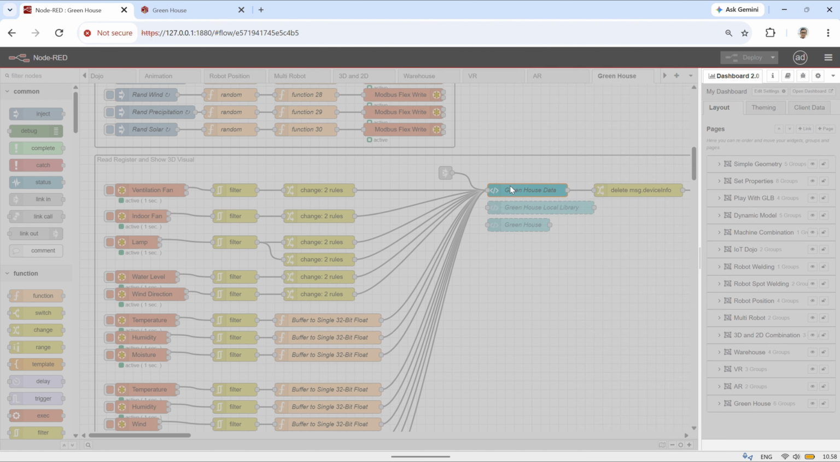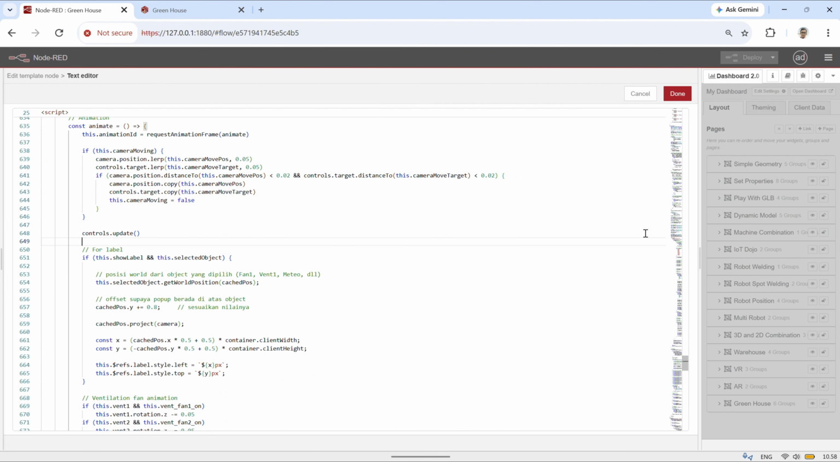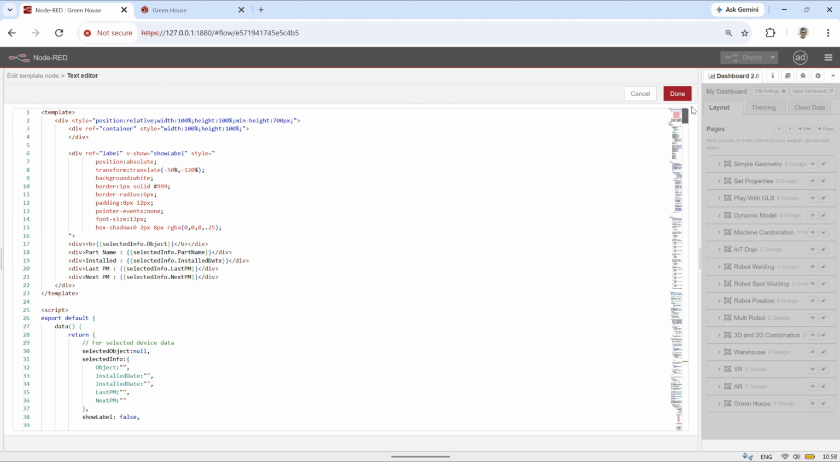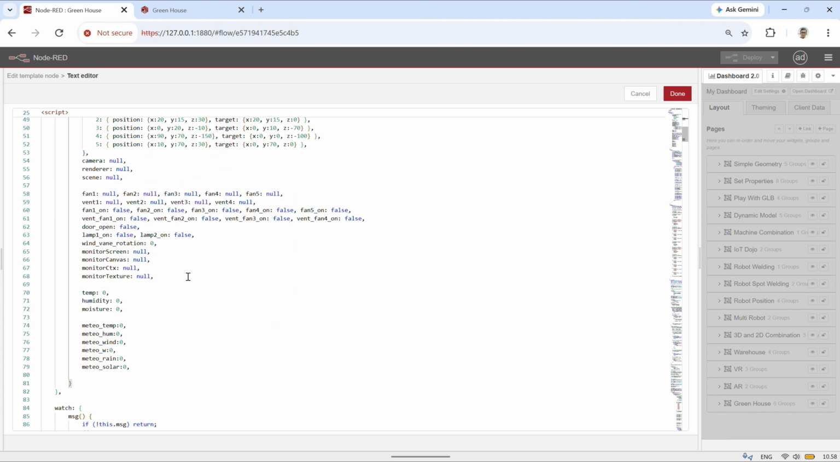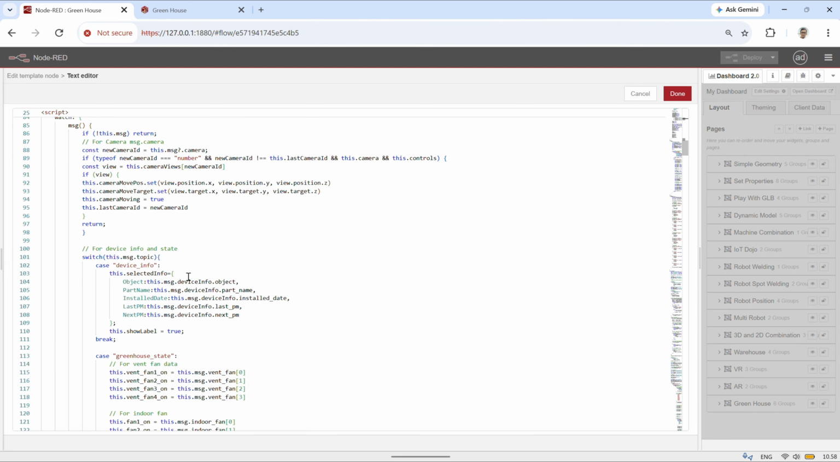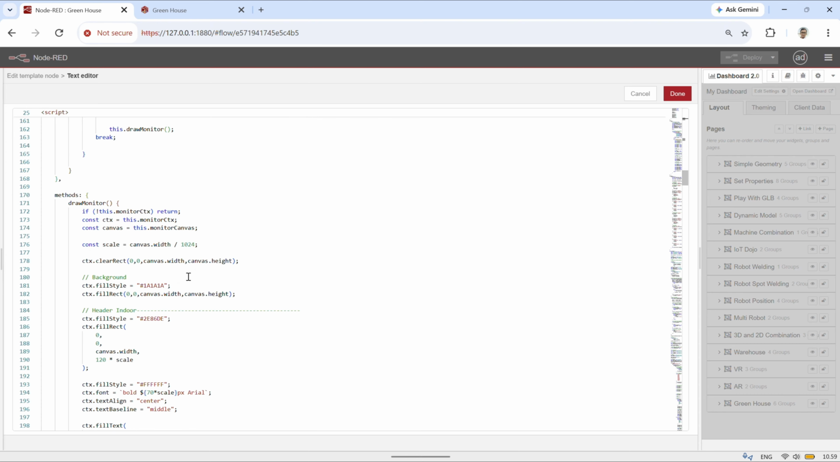Next, let's take a look at the template node. Most of the code is similar to the previous video, so I'll only focus on the new additions. A pop-up label has been added to display maintenance information for the selected device. When the user clicks on a supported object, the application sends a request to Node-RED and waits for the device